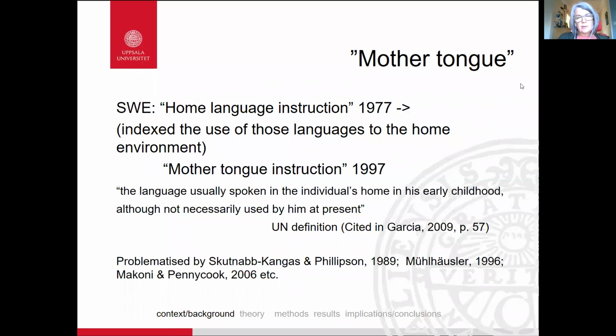So I'll start out by talking a little bit about the word mother tongue. The name of the subject that I've investigated in Sweden is called mother tongue instruction. It was originally called home language instruction in 1977 when it was introduced into the Swedish school. But after 20 years of discussions and debates, this term was changed. The term home language was thought to index the use of those languages to the home environment only, rather than indicating that these languages were useful in other domains and contexts as well. So the subject name was changed to mother tongue instruction, which brings with it a whole other range of problems